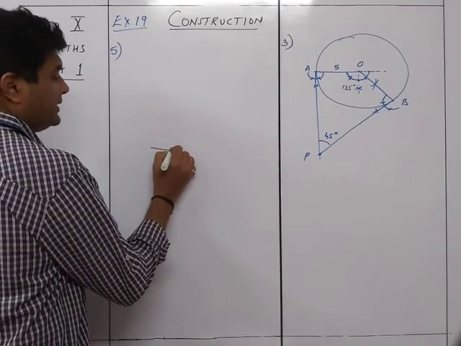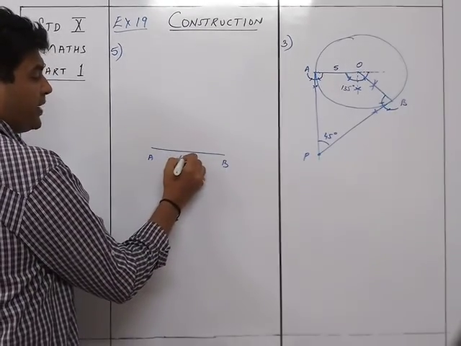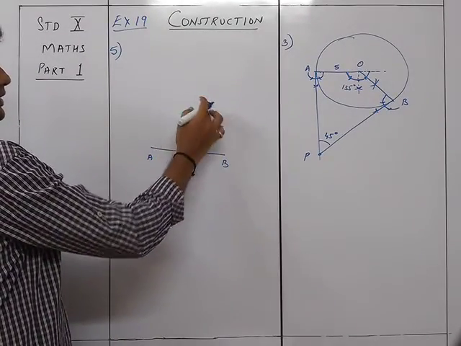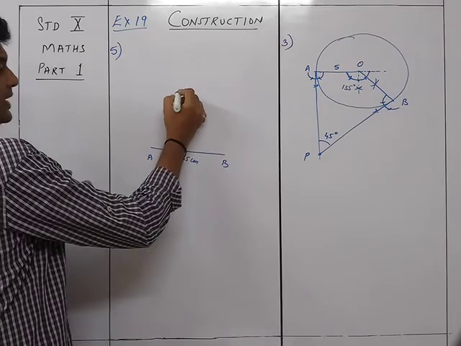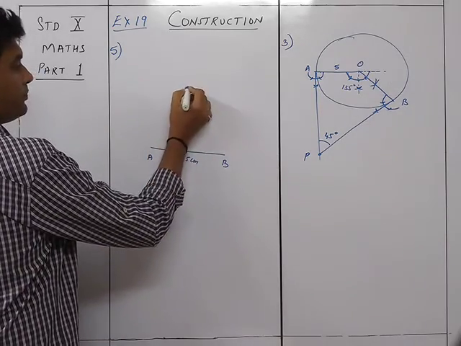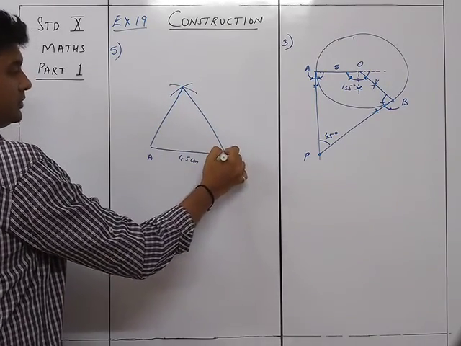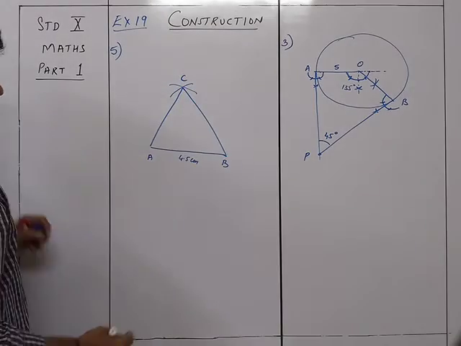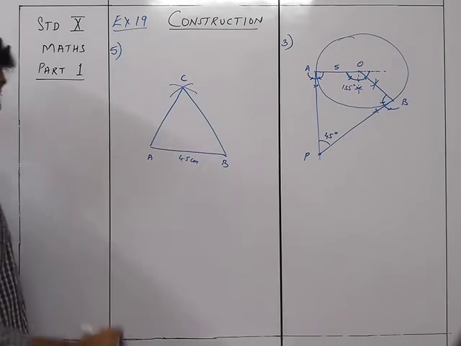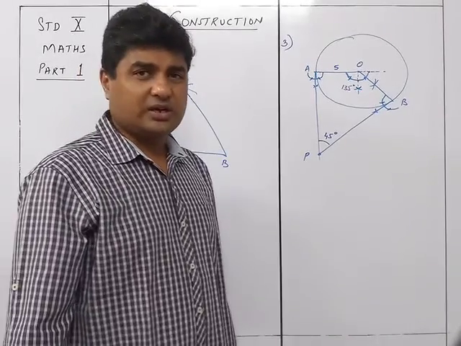How to draw an equilateral triangle: you take the triangle to be ABC with the base AB as 4.5, and then you take 4.5 as the radius and cut arcs. So cut an arc from A and an arc from B, and this will be your required equilateral triangle, which is 4.5, 4.5 and 4.5. So this is also 4.5. I'm not writing it, it is not required. And draw its circumcircle. So I need to draw a circumcircle to this.